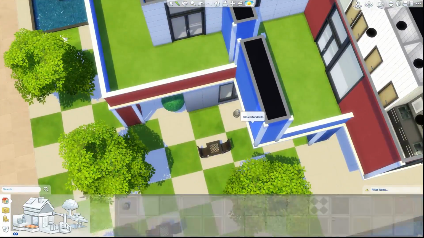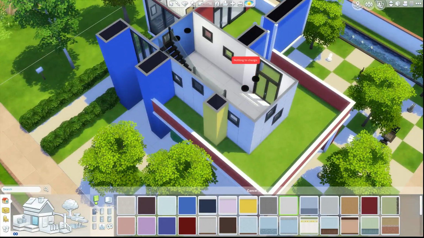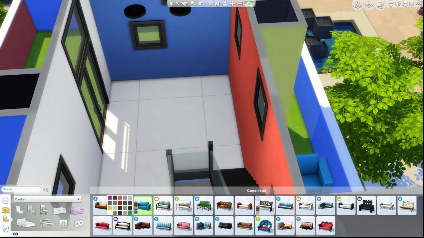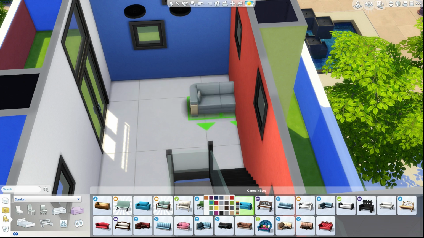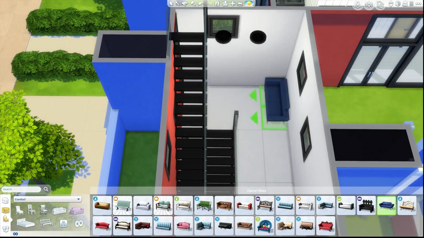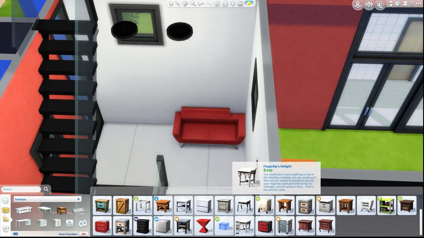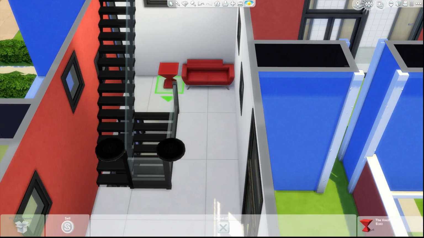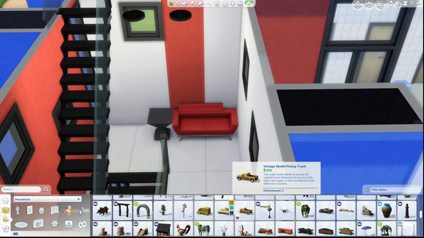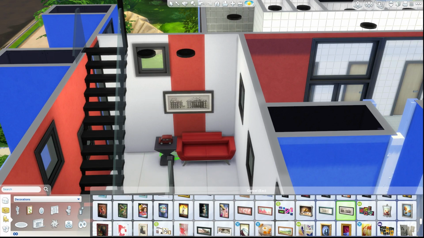Okay, I feel like there was a lot of blue going on in this part, so we make one of those walls red, and we are going to put a little nice sitting area in there using some geometric and color coordinated interior design. So you'll see that in a second. We've got the blue couch on the blue wall. We're going to have a red couch just next to the red wall, and we need a strip of paint there because I love putting just one strip of paint on another color wallpaper